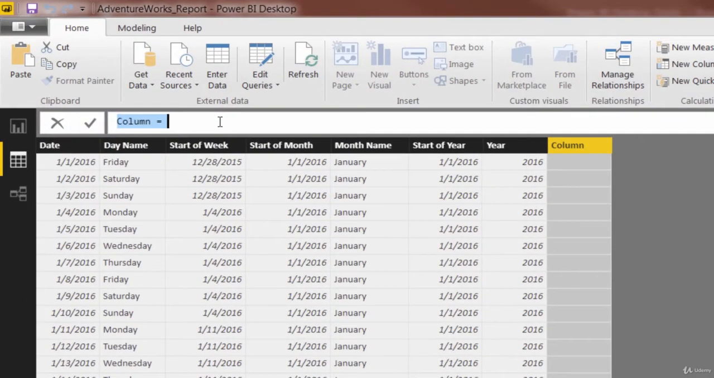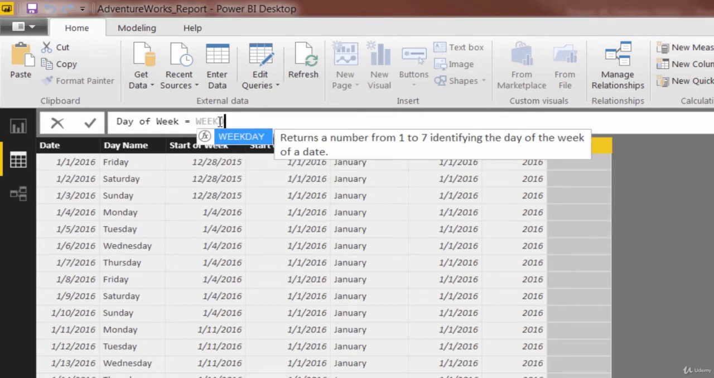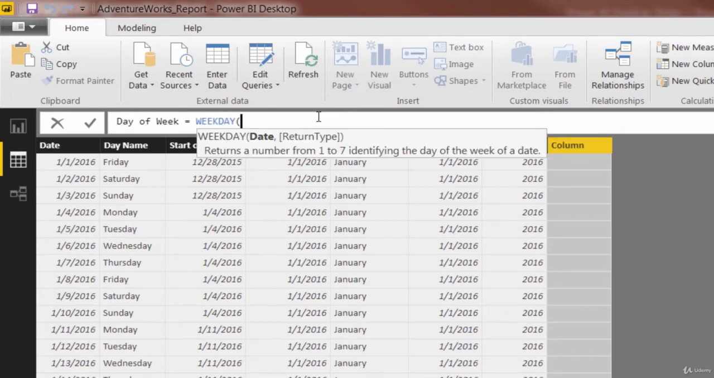So let's go ahead and name this day of week, and we're going to use the weekday function here. As we start typing, you'll see that not only does the formula or function name populate, but a description populates as well. So really helpful tooltips and IntelliSense functionality that Power BI offers here. So I could tab to lock that in, and it takes me right to the first argument, which is the